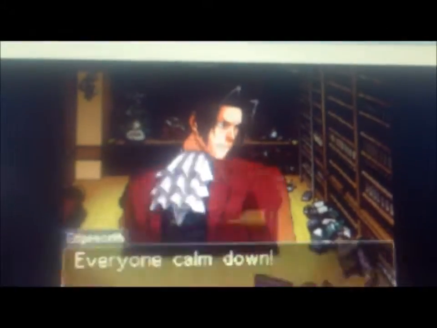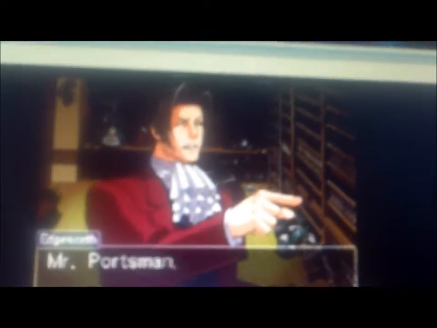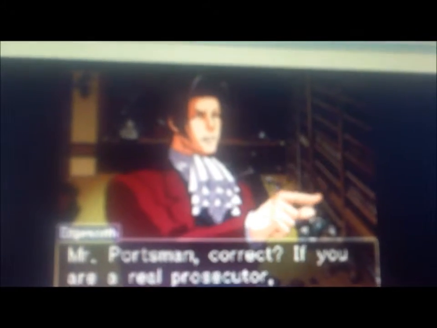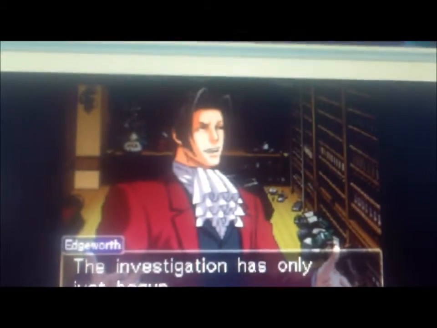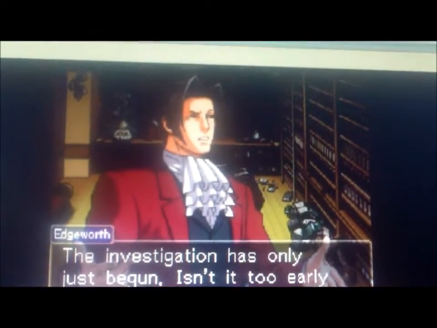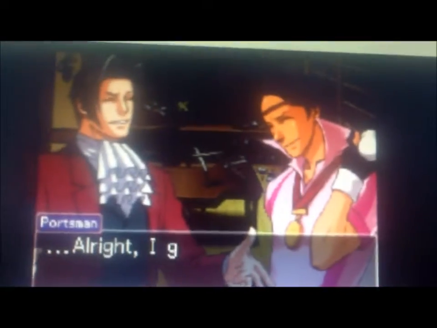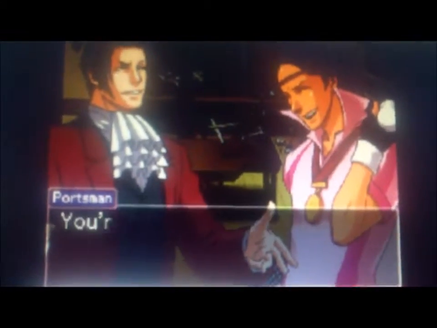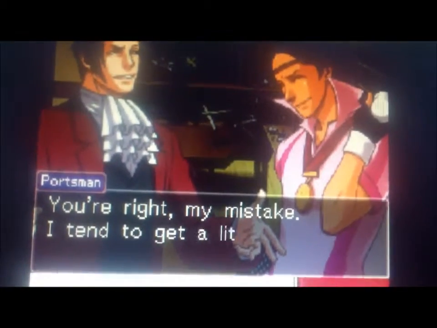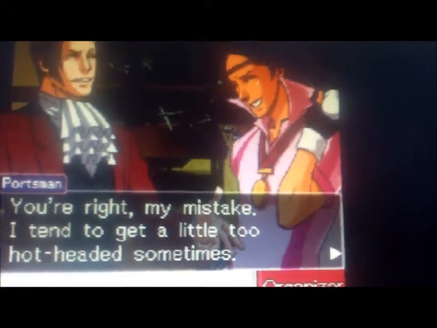Everyone calm down. Mr. Postman, correct? If you are a real prosecutor, you should know to stay collected. The investigation has only just begun. Isn't it too early to be drawing conclusions? Alright, I get the point. You're right, my mistake. I tend to get a little too hot-headed sometimes.